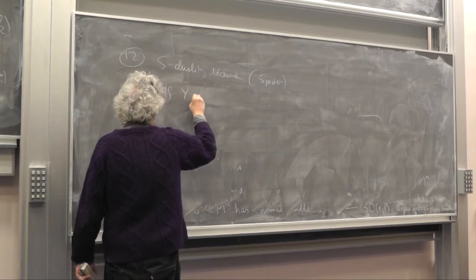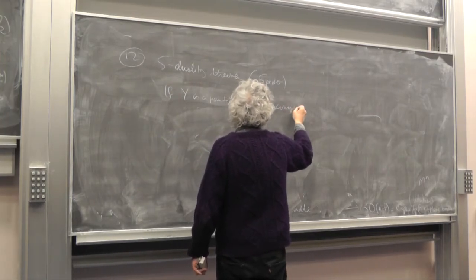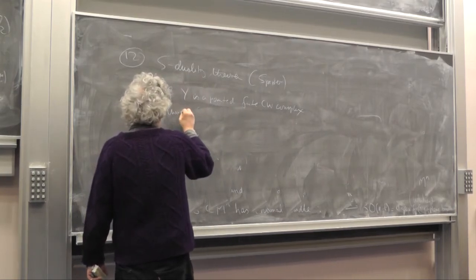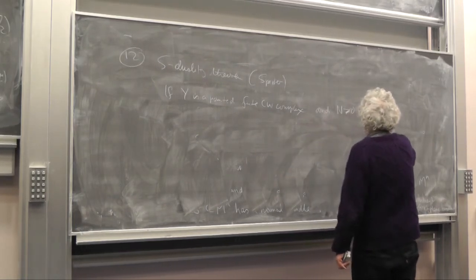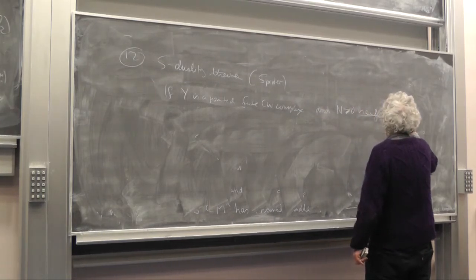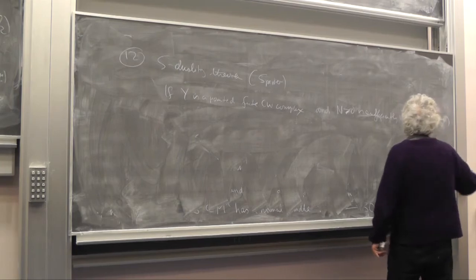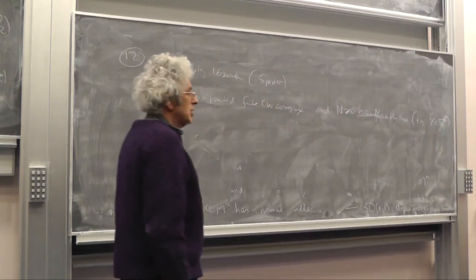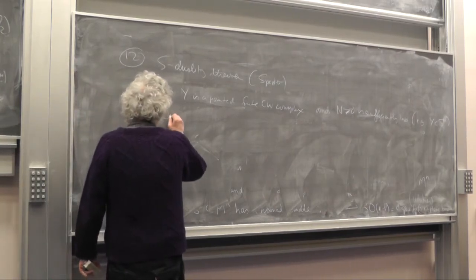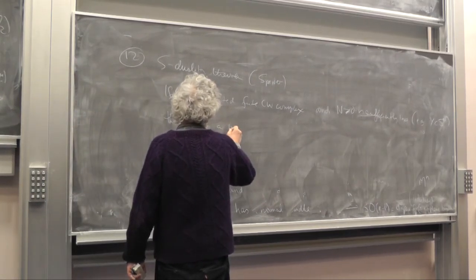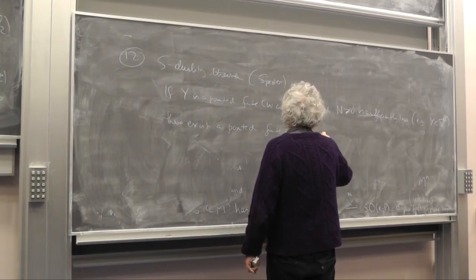If Y is a pointed finite CW complex, that generalization is to other spaces, but this is the easiest one. And N is a large number. It's sufficiently large compared to the dimensions, say, e.g. Y is in Sn, so there's a theorem which says that every finite simplicial complex, every finite CW complex, can be embedded up to homotopy equivalence in some high-dimensional Euclidean space. There exists a pointed finite CW complex Z